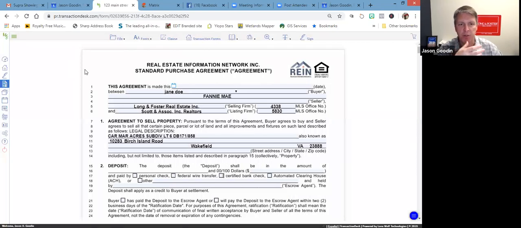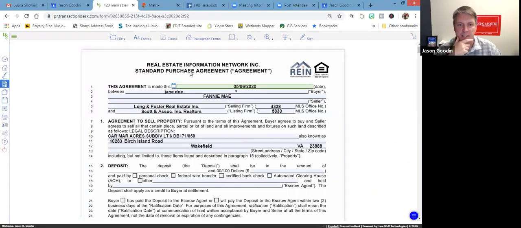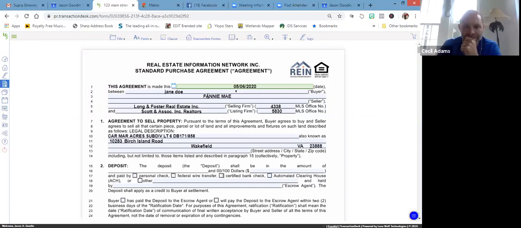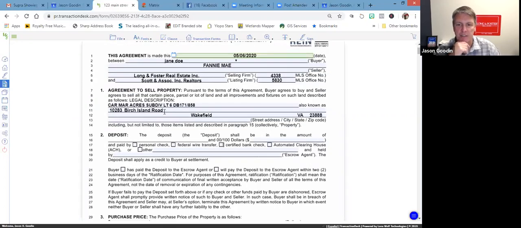So your standard purchase agreement, you start by adding today's date. Today's May 6th. You identify the parties. In this case, we've already added Jane Doe. We added her name in the setup. The computer automatically identifies the seller information and the broker's information, the street address, the legal description, and where